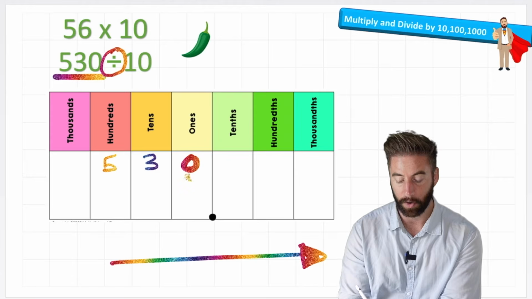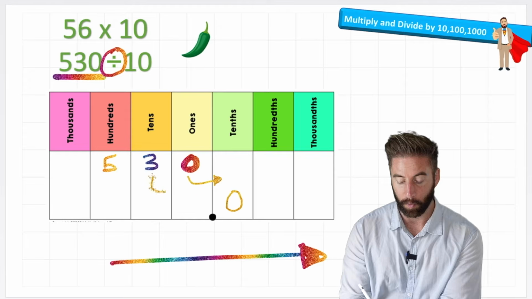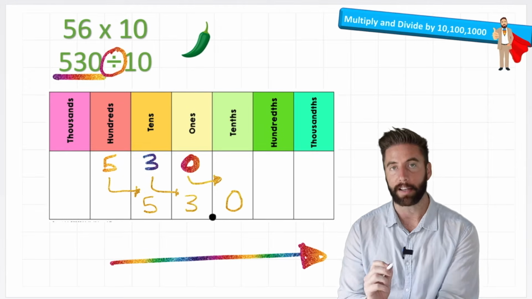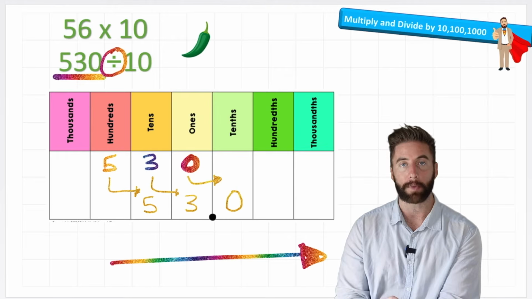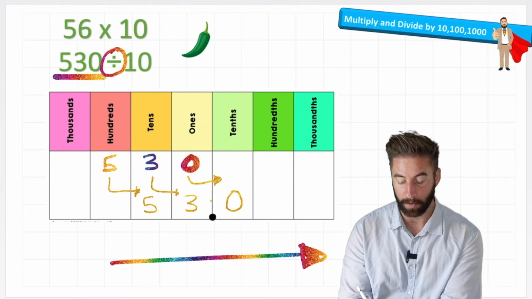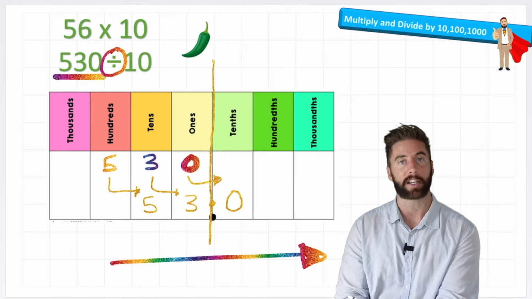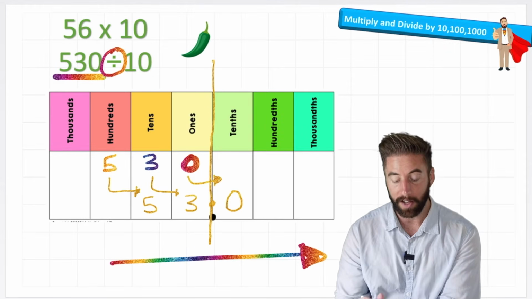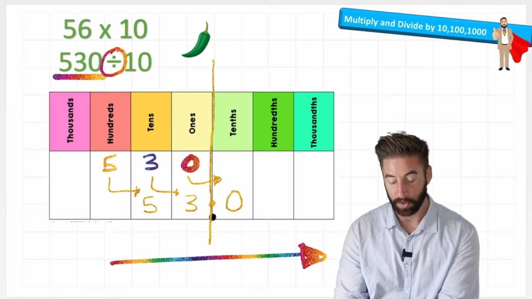So now this 0 will come into this column, into the tenths. The 3 will go into the ones column. The 5 will go into the tens column. And I'm nearly finished. The only thing I need to make sure I do is put my decimal in place, because remember, this line here represents our decimal place. So my answer is actually now into the decimals, and I've got